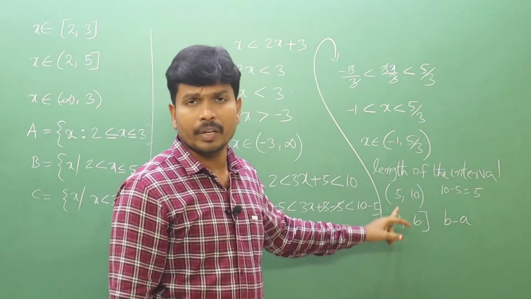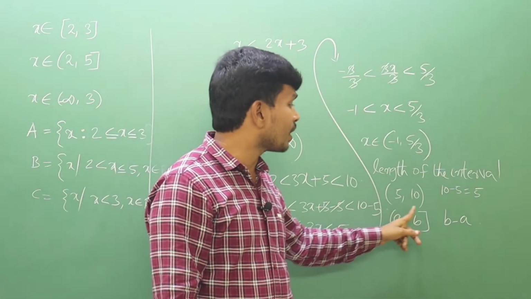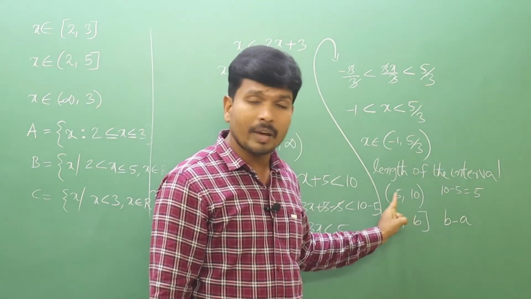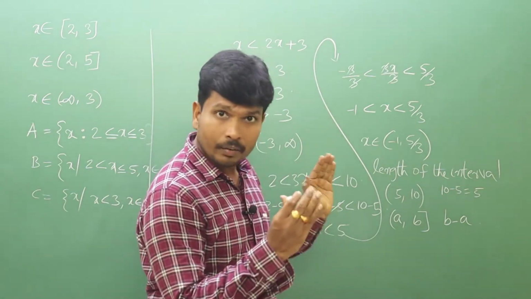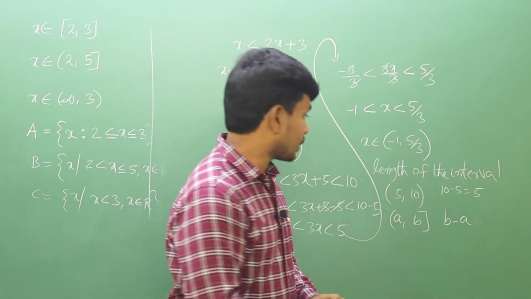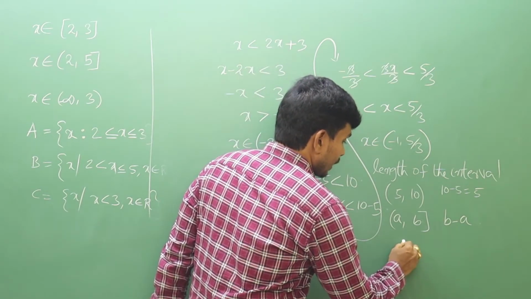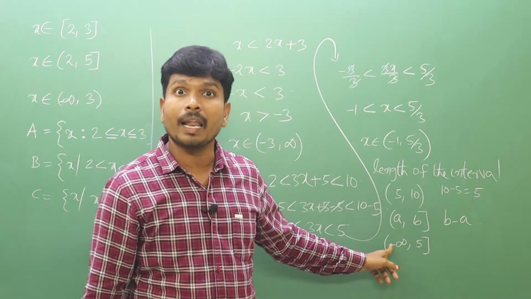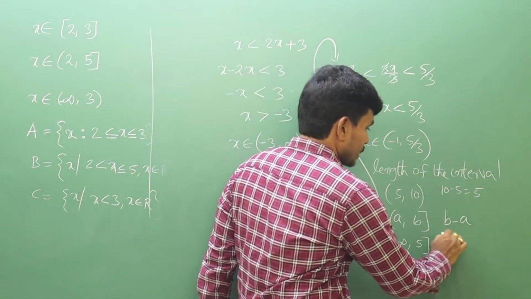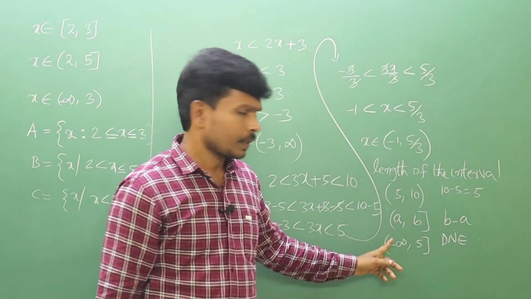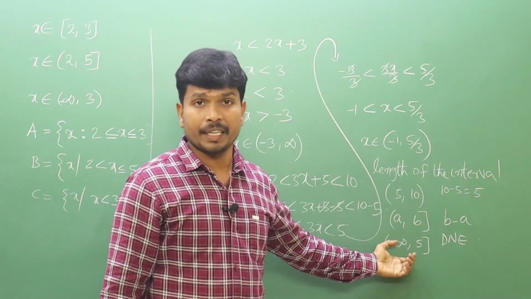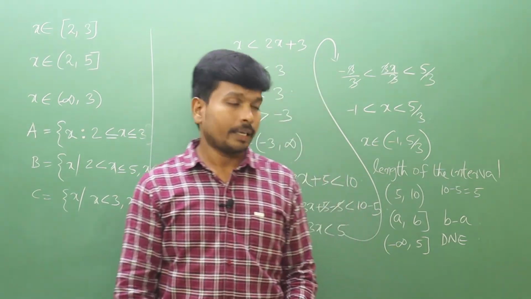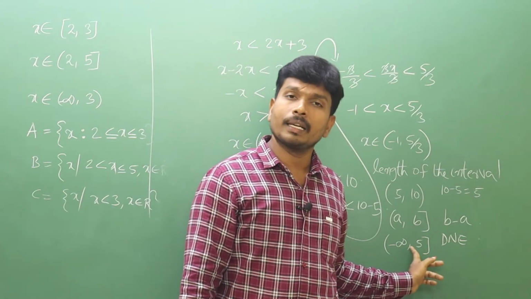These intervals, in fact, we call finite intervals because here we got the boundaries. And these intervals are bounded. Bounded means extreme values we got. That is, we know from where to where the interval goes. But what is the length of the interval minus infinity to 5 closed? So its length does not exist. Shouldn't take, because this is not a finite interval. It is an infinite interval. Infinity value you don't know, no? So its length does not exist.